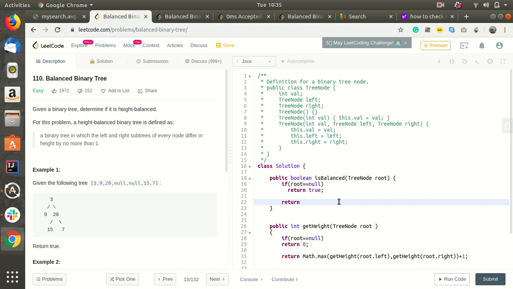So we'll check Math.abs of getHeight of root.left minus getHeight of root.right is less than or equal to 1, right?